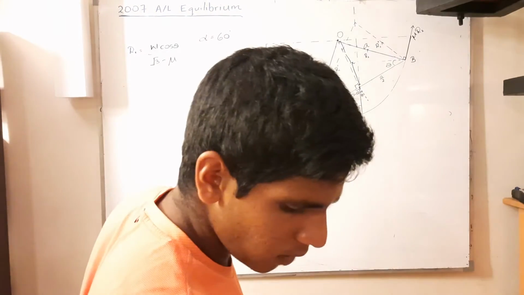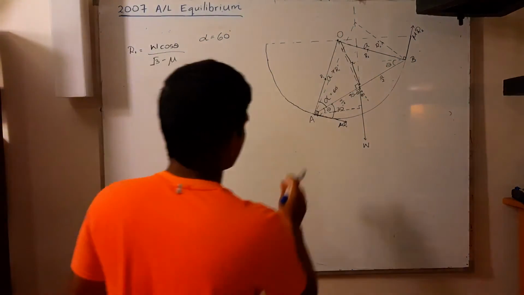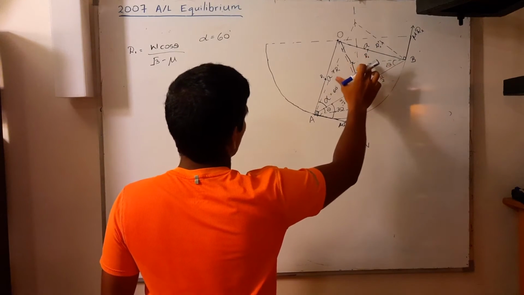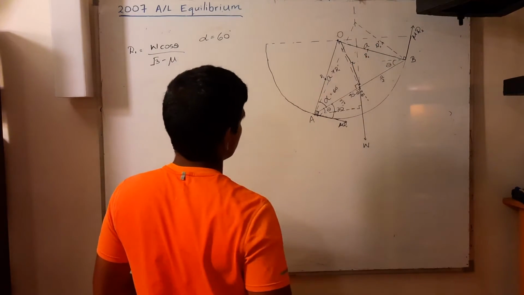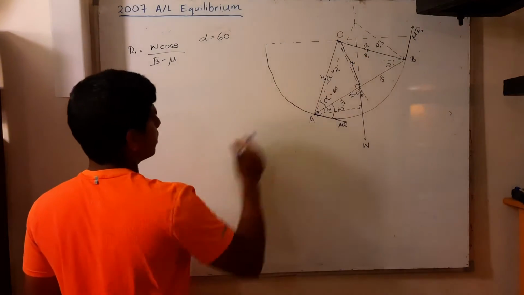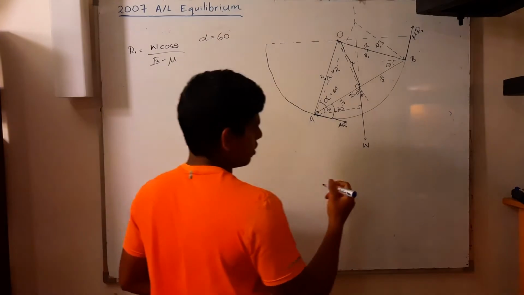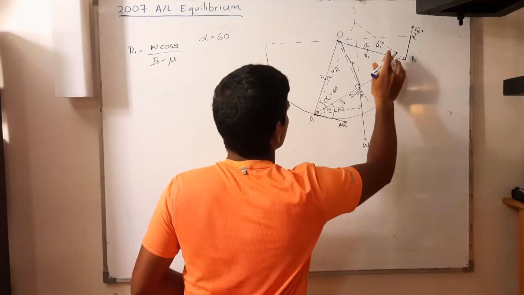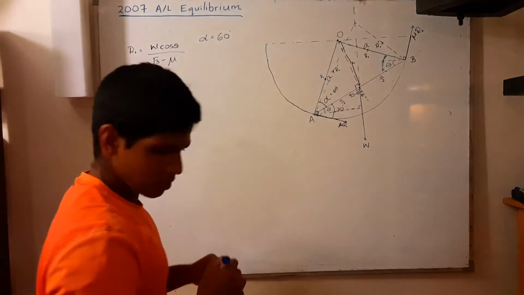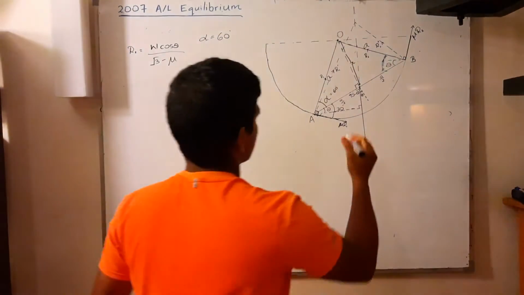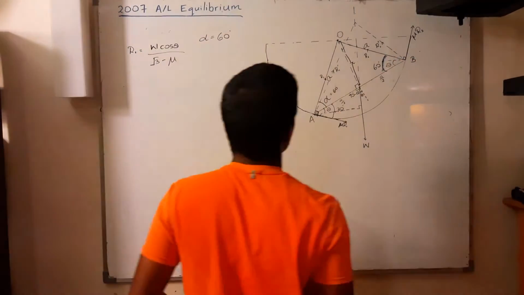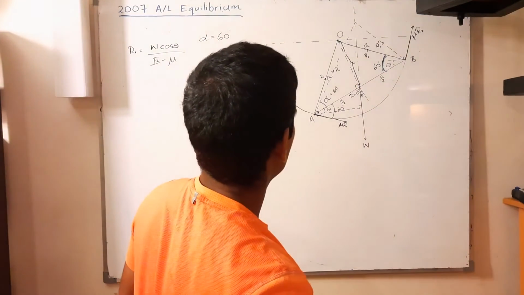So now also what we can understand is that since this is A and this is also A, and both the lengths are the same, we know that the opposite angles are also going to be equal. So then we can mark this angle. Sorry, wrong pen. We can mark this angle as 60 degrees because it's equal to the opposite angle of the triangle.